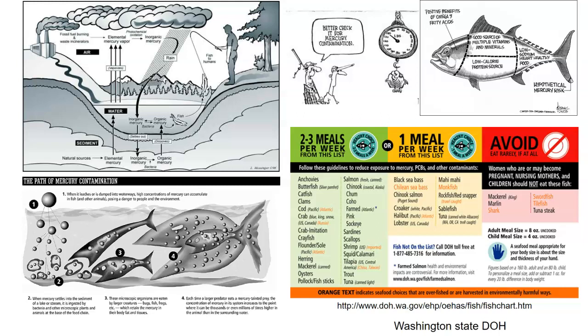So we can see here from DOH from Washington, on the left-hand side of that bottom right-hand picture, we can see 2 to 3 meals per week. It's okay to eat any of those fish, like catfish, anchovies, salmon. These are all small fish, okay? That's what you're seeing there. But when you go to larger fish, sea bass, even mahi-mahi, tuna especially, and we'll talk about tuna in a few slides, they're going to have more mercury. Lobster, more mercury in it.